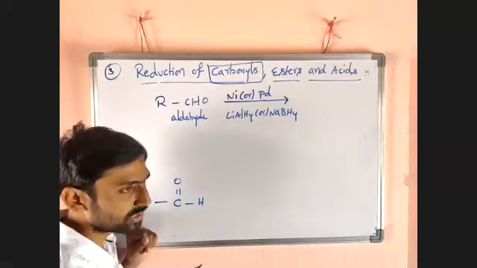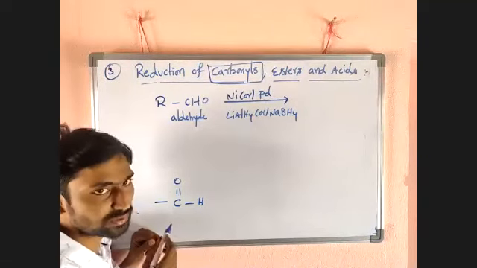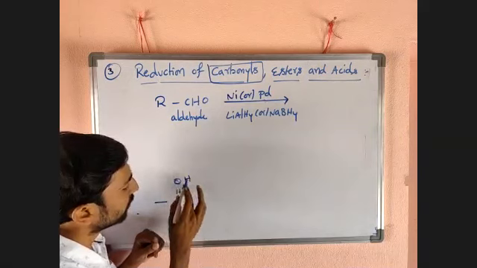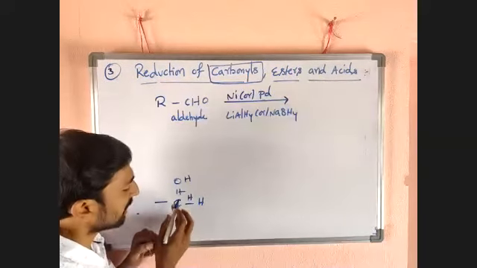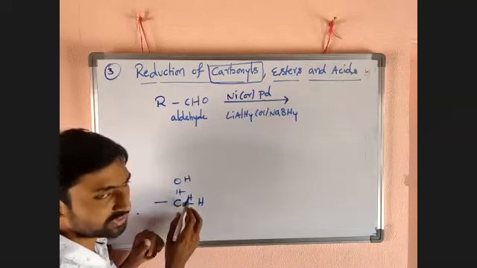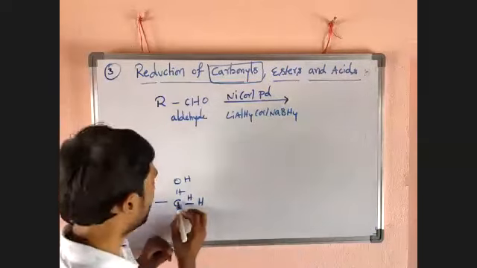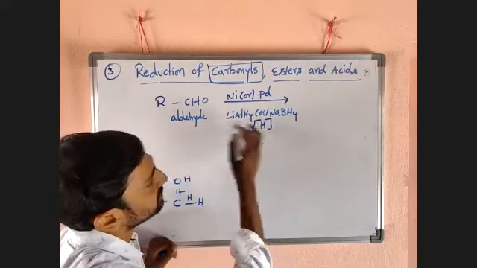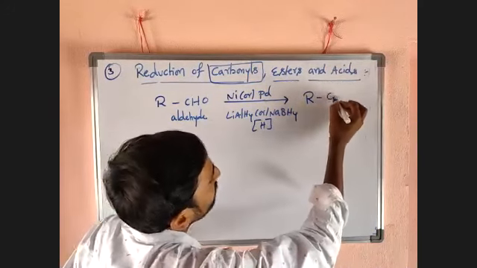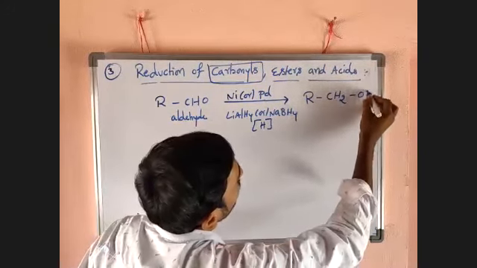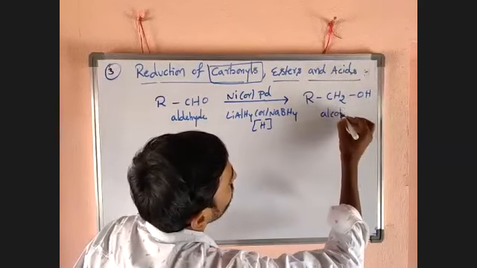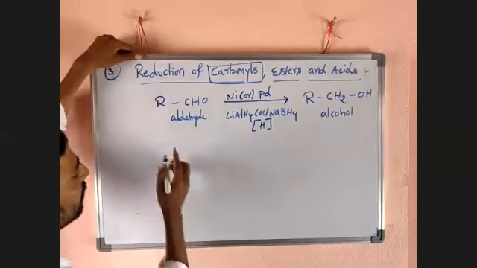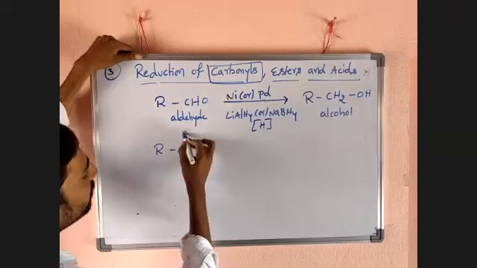Now on reduction, addition of hydrogen takes place. Just cleave the double bond, and add one H here, one H here. Now this O gets a hydrogen and is converted to OH, and this carbon gets two hydrogens and is converted into CH2. In total it converts into CH2OH. Why is it simple? It is reduction, addition of hydrogen. Then what will we get? R CH2OH, an alcohol. Then the general case I want to represent. Next I want to take R C double bond O R.